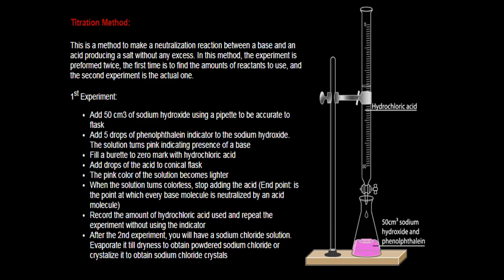Okay. Now, beta, there is one situation that can be asked by the examiner. Let's suppose you don't have any kind of indicator and you want to produce sodium chloride, the soluble salt, with the help of hydrochloric acid and sodium hydroxide. You don't have phenolphthalein, so what will you do? You need to perform the titration to find out the end point.